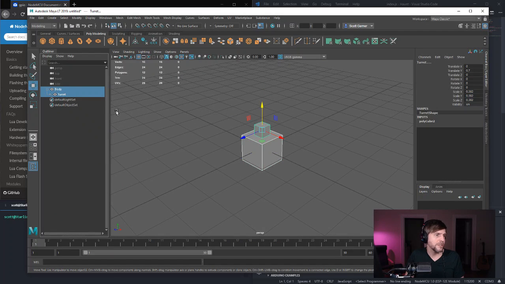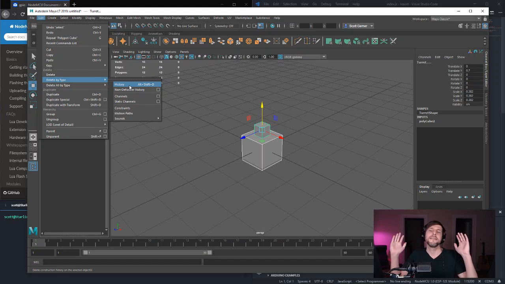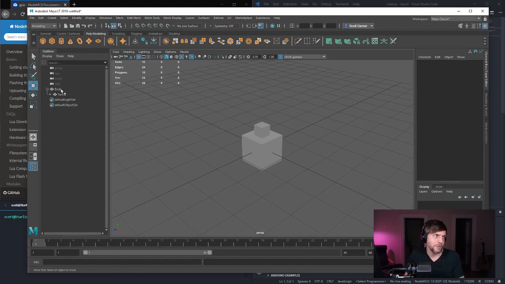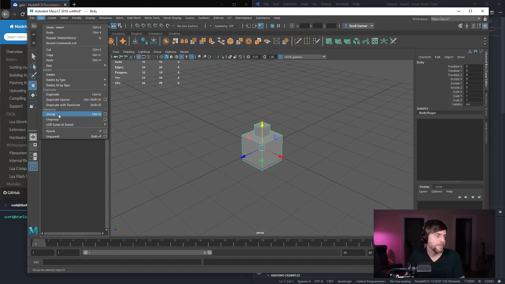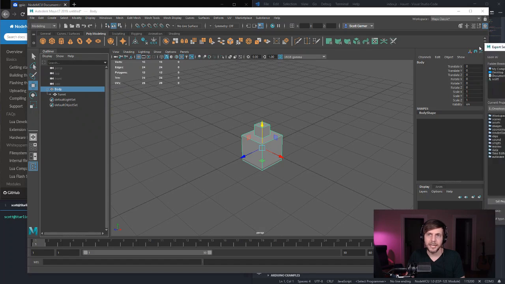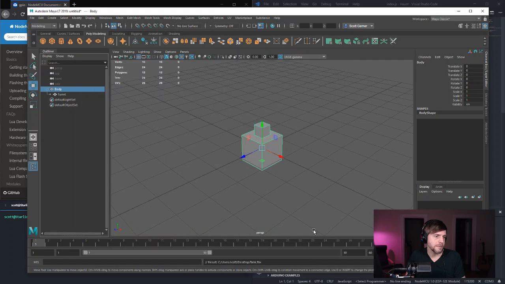But one thing I would generally do is select these things and do Edit, Delete All by Type, History. I don't know what kind of modeling you've been doing, but if you've done a series of steps in Maya, it will have some history on it. If you just want to make sure you're clean as a whistle, you can delete history, and then you'll be all good. Then when you actually want to export, just select the object and only do Export Selected. File, Export Selected. I have Send to Unity because I'm in LT, but if you just did export selection and then did an FBX and exported the selection, if we went into Unity,